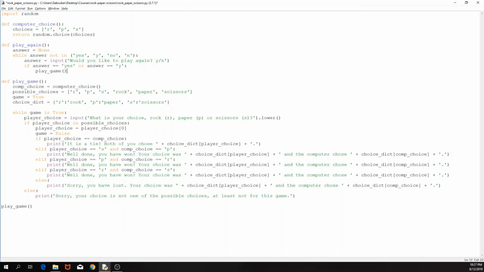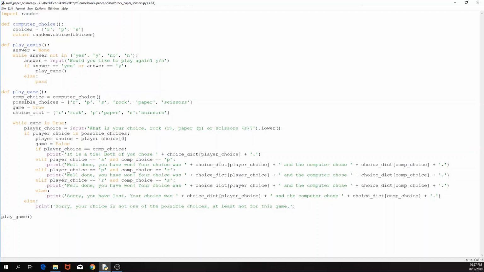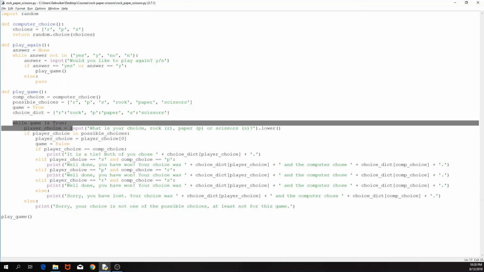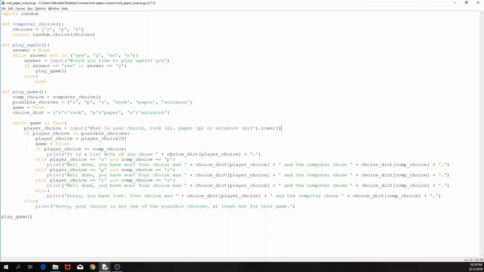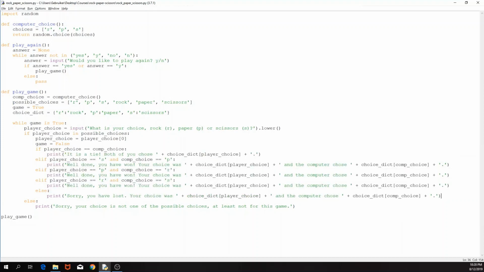Else, just pass. Again, what play game does, it assigns a choice to the computer. It asks the player for their choice, and once the choice of the player is in the possible choices, it checks who's the winner, prints it out,